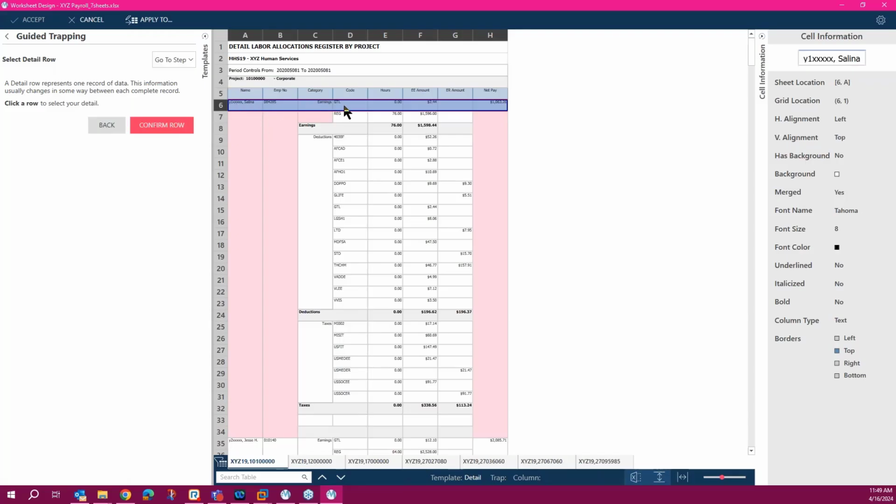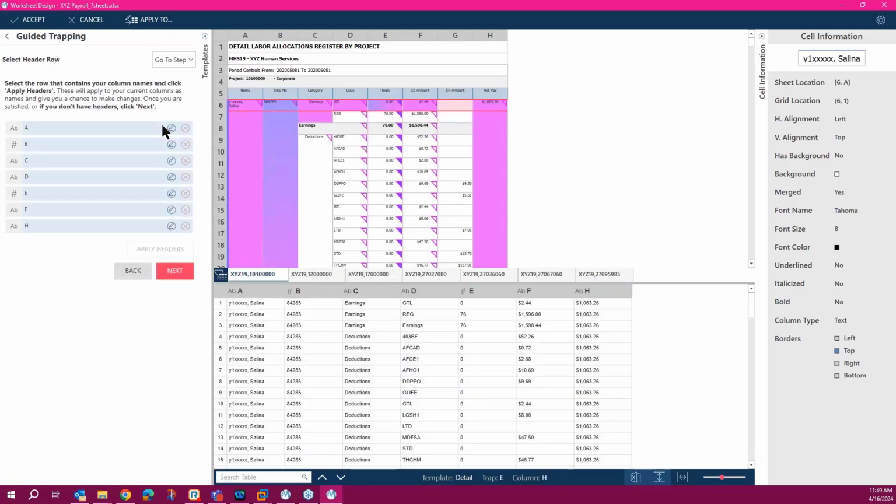Once I select a row, the button Confirm Row is displayed. So I just click on Confirm Row, and you can see that it selected all the columns except the G column. As you can see, the G column is not selected, but the other columns are selected here.